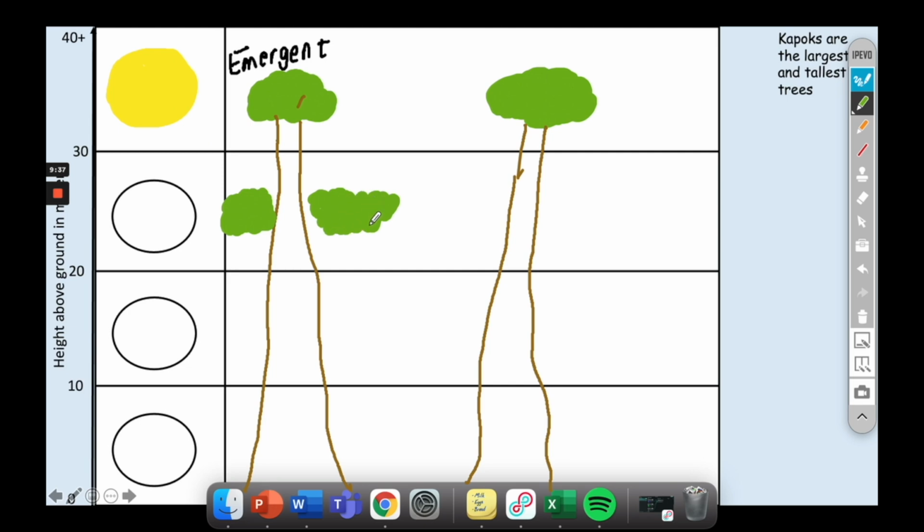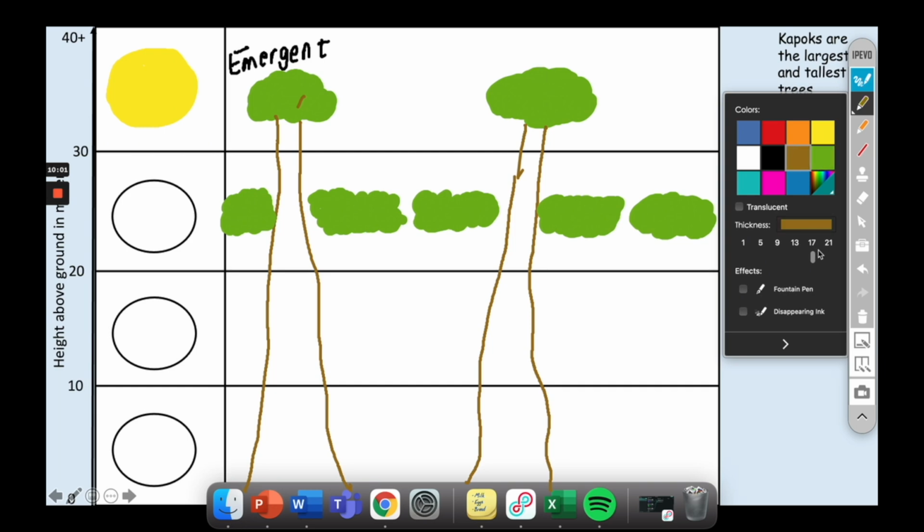So on your diagram, you can be adding this vegetation. And you'll notice that the trees have a very similar shape to the tallest kapok trees that rise into the emergent layer. The reason is because these trees are still growing as tall as they possibly can in order to compete for that sunlight. So these trees, once again, are nice and tall, like the kapoks, but they're not quite tall enough. Only a few of our trees actually grow all the way to the emergent layer,